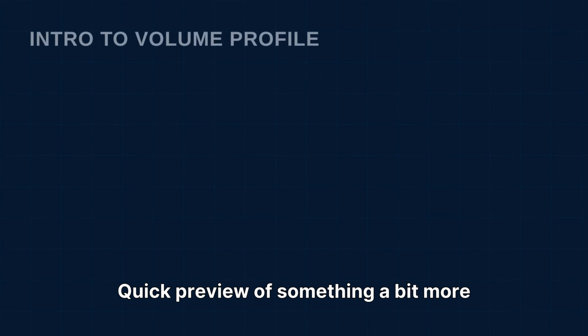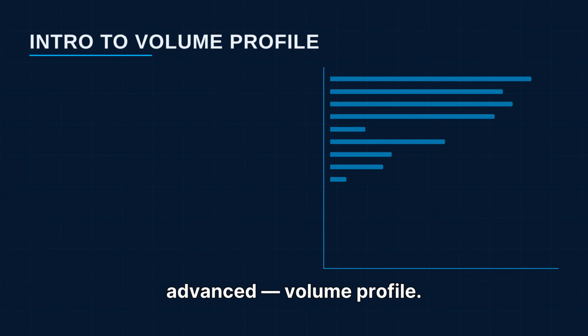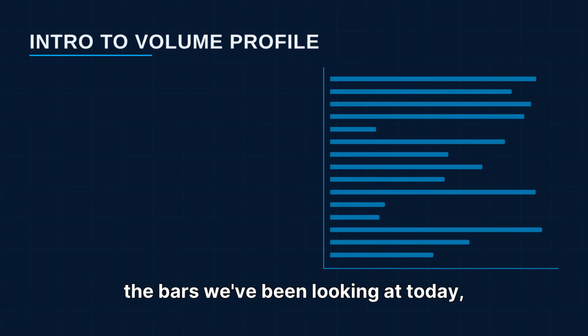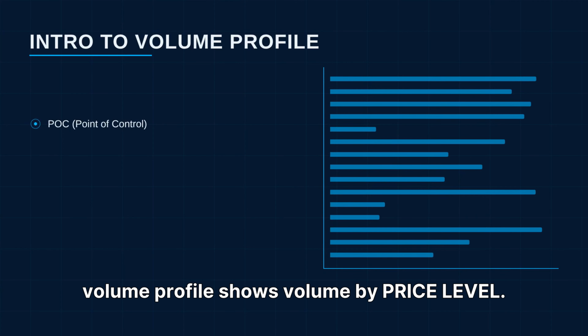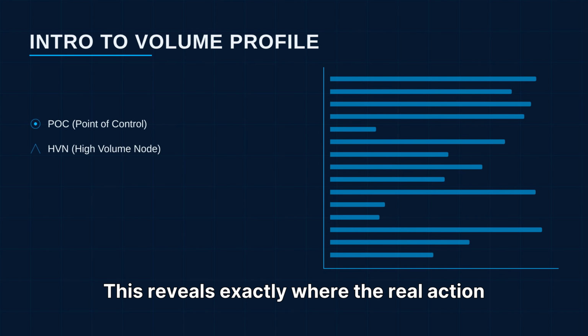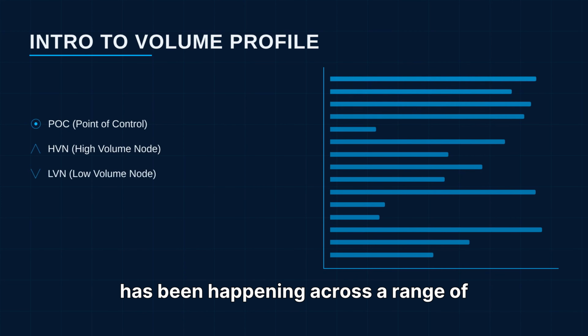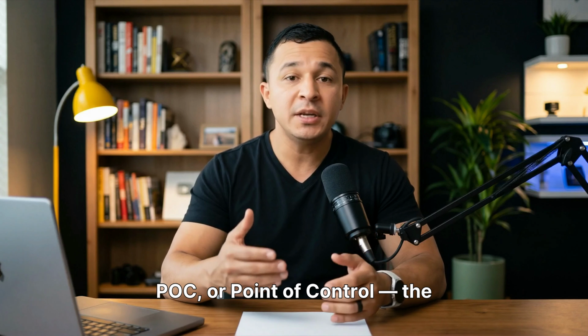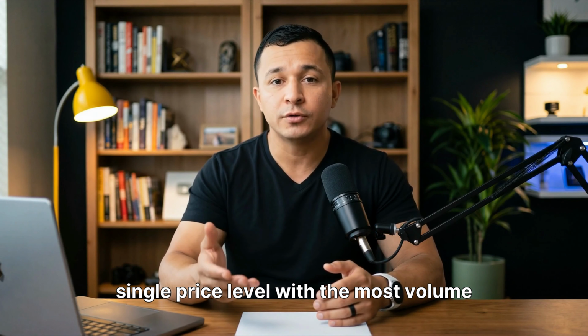Quick preview of something a bit more advanced: volume profile. Instead of showing volume by time, like the bars we've been looking at today, volume profile shows volume by price level. This reveals exactly where the real action has been happening across a range of prices, regardless of when it happened. Three terms to know: POC, or point of control,